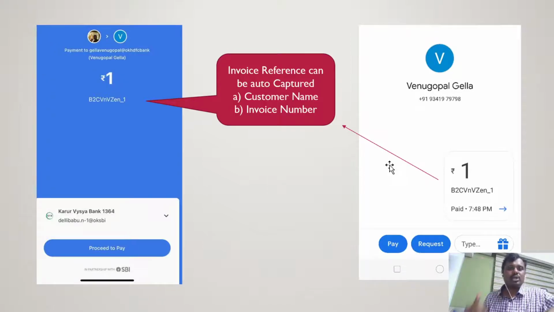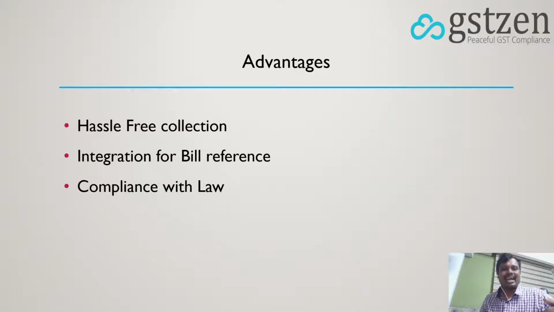So supplier, when he is recording his receipt in his books of accounts, he can offset in his bill references against the party outstanding. So friends, the dynamic QR code makes life easy for the supplier, because he is receiving the money hassle free, no cash payment, no cash handling. Second, the details of the supplies are given. So against which invoice this payment is being made is available to the supplier, and the recipient will also know before he makes the payment to whom he is making the payment. Amount is auto calculated and captured, and lastly the invoice reference is also captured.